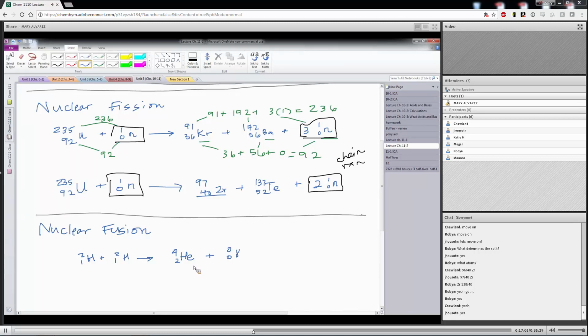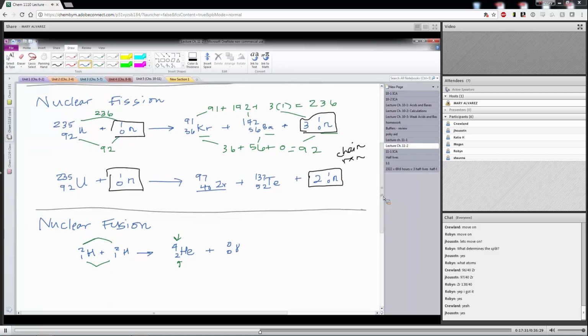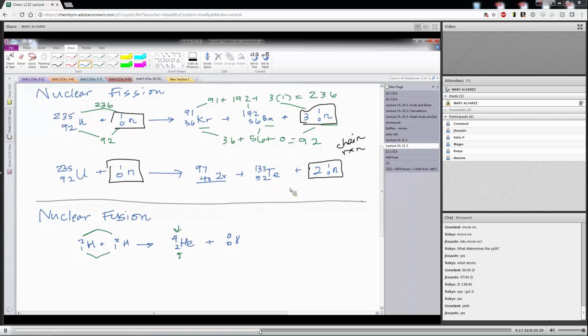Any elements heavier than iron are formed when those heavier suns go supernova, and they get fused in that process. So that's kind of fun. That's nuclear fusion as it occurs in nature. Again, I want you to notice mass on the left, 2 plus 2 gives me 4. Charges on the left, 1 plus 1 gives me 2. We can track this. Additionally, we could use fusion in the lab to make new elements, because we've got up